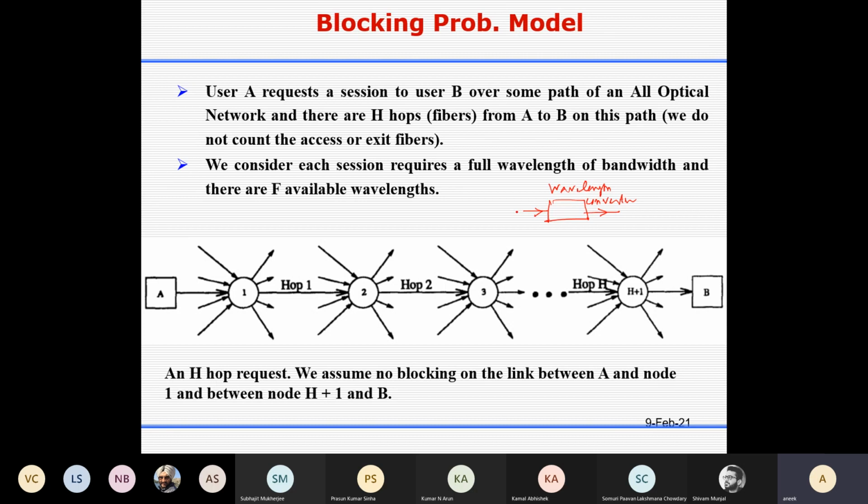So let's say you have an input stream. So you have a light path with color lambda 1. So in optical domain, the color will change. Then you will get lambda 2. This is a wavelength converter. So it's an optical layer device. But in optical layer, till now this device is not there.